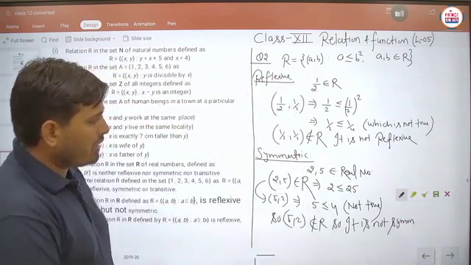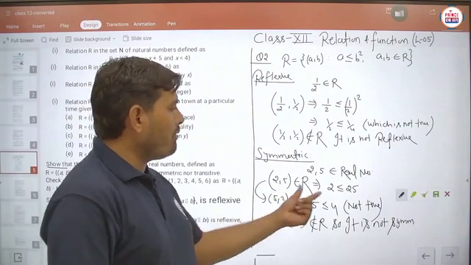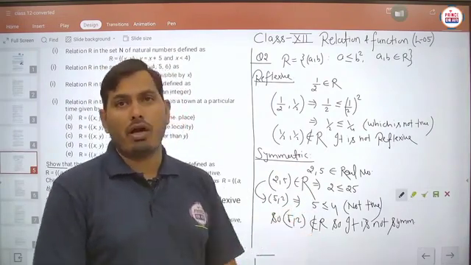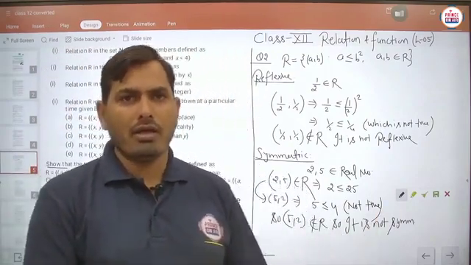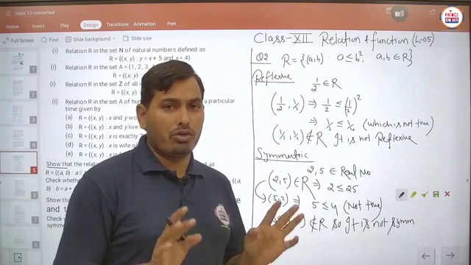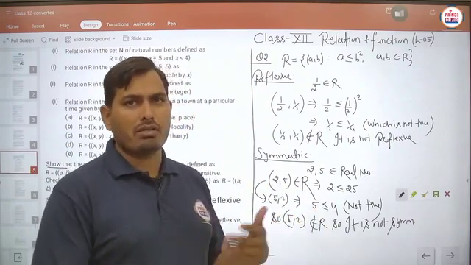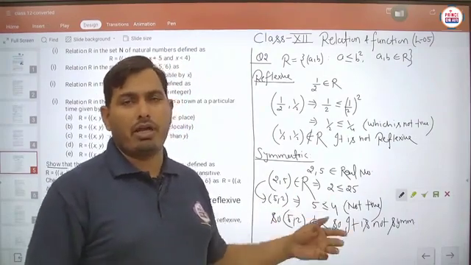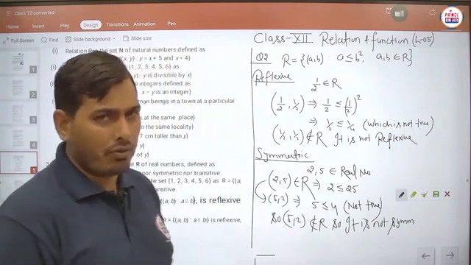So basically students, we are taking the two real numbers 2 and 5 here, such that (2, 5) belongs to R, but (5, 2) does not belong to R. For this ordered pair, we say that it is not symmetric. We do not need to check all the ordered pairs, because we only have to find some ordered pair that fails, and then definitely it is not symmetric. Is it clear? Are you getting this point or not?